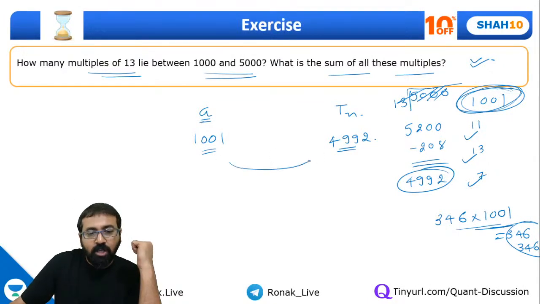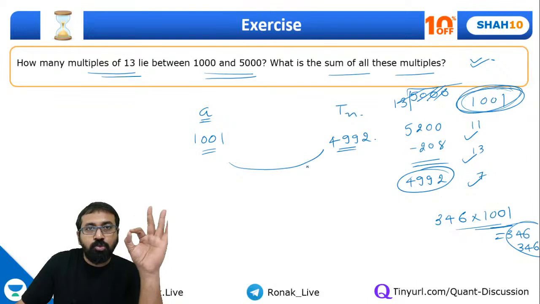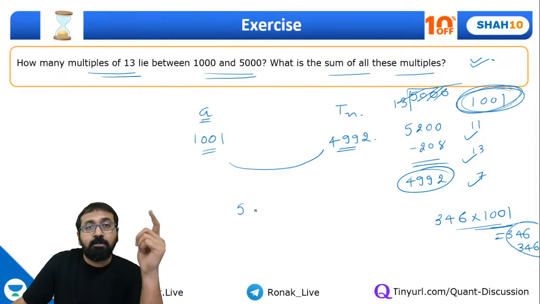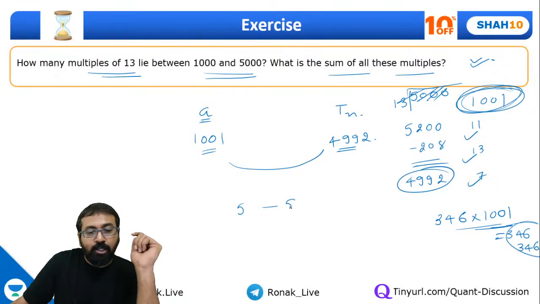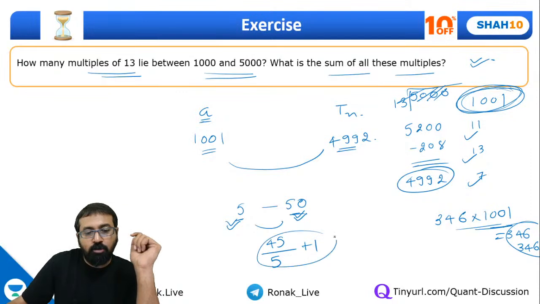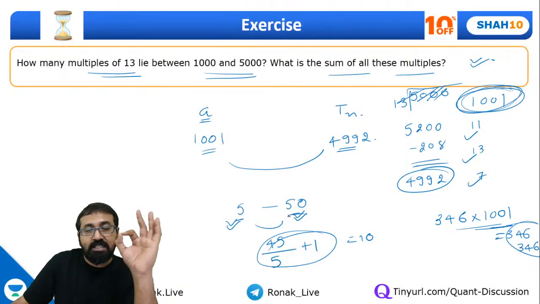Now I want to find out how many numbers there are. So once you have the first multiple and last multiple of the given number, for example, suppose I ask you how many multiples of 5 are there from 5 to 50. What you'll do is, you know the first multiple, you know the last multiple, so take the difference which is 45, divide it by 5 and add 1, because the first number is also a multiple, the last number is also a multiple, so it will always be one more than this. So 45 by 5, 9 plus 1, there are 10 multiples. Counting from 5 to 50, there are 10 multiples.